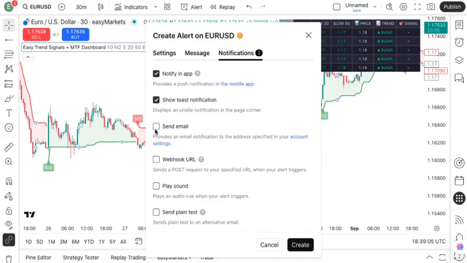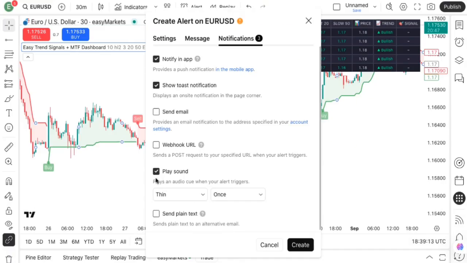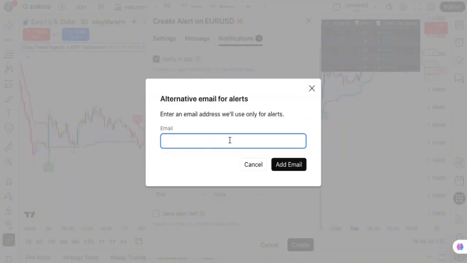And show a toast notification, which is a pop-up on your phone. You can also check this, which is to send you an email once there is a new signal, and also hit on this play sound. So some of these functions might be available for premium users, but the email alert is actually available